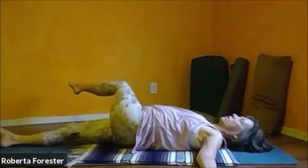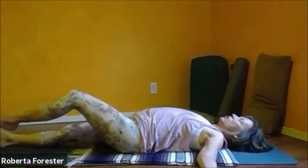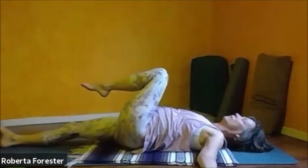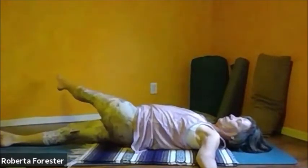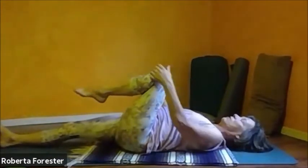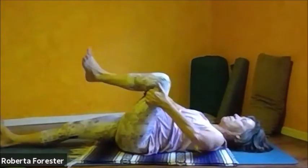Cross body circle, knee to chest. One more like that. And that's just warming all those deep tissues that we're going to stretch. We start the stretch with that kind of happy baby